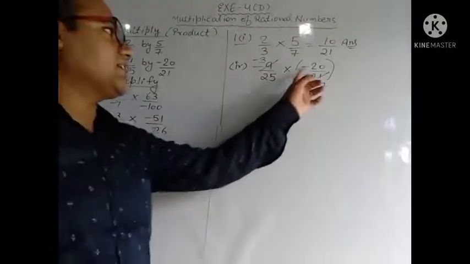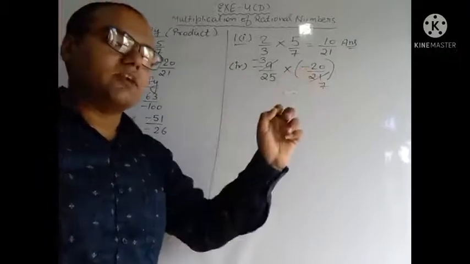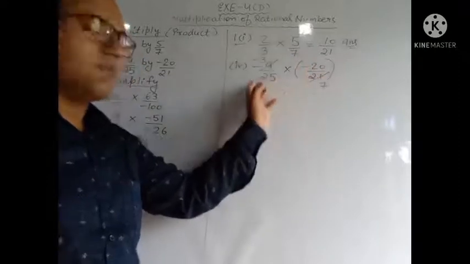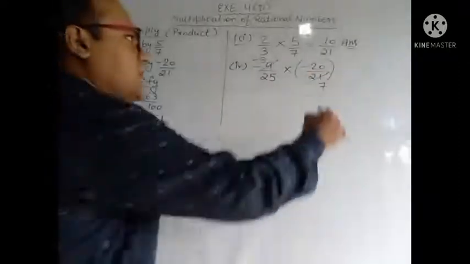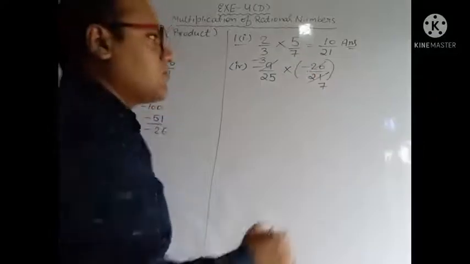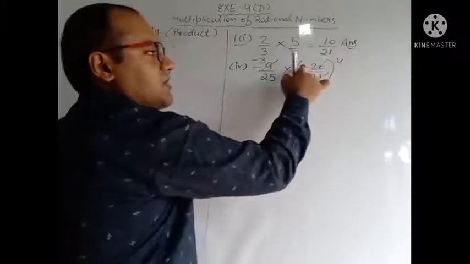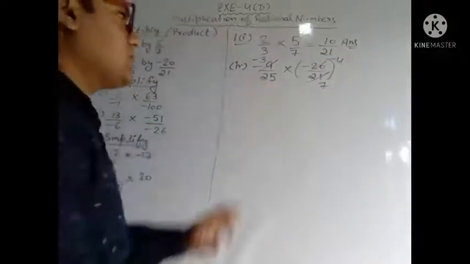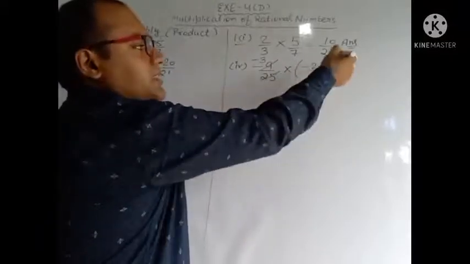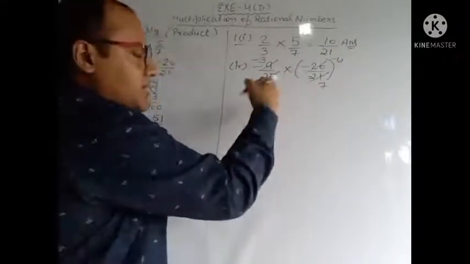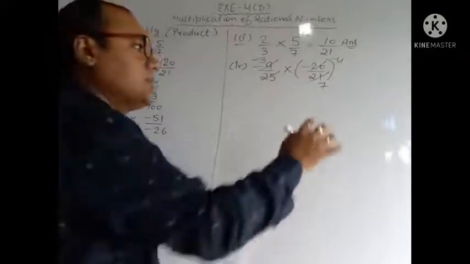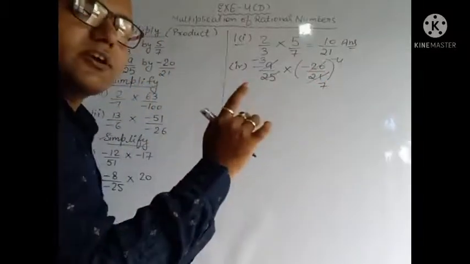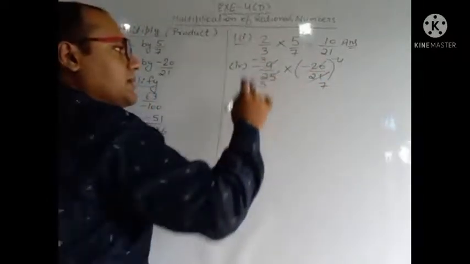Now we will check these other numbers. These numbers also come in the same table, the table of 5. If we read the 5 table, we will get 20 and also 25. So this numerator number we will cancel with the table of 5. 5 fours are 20, but here in this 20 the minus sign is there, so we will use the minus sign also. This number in the denominator we will also cut with the table of 5. So one number in the numerator and one number in the denominator we cancel with the same table. 5 fives are 25.